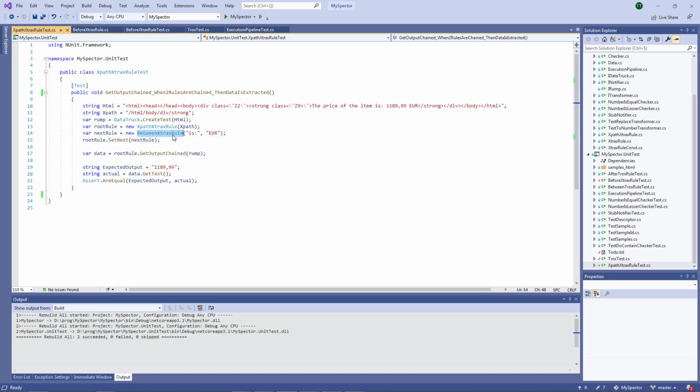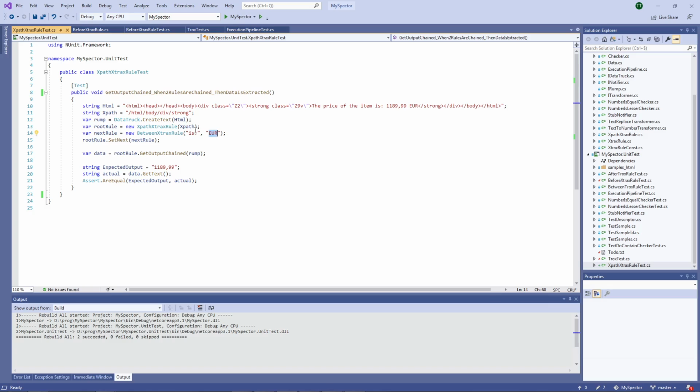Then I have a new rule, called the between extracts rule, and this rule has been implemented to extract all the text which is between two tokens. The prefix is here, "is", and the suffix is "euro".